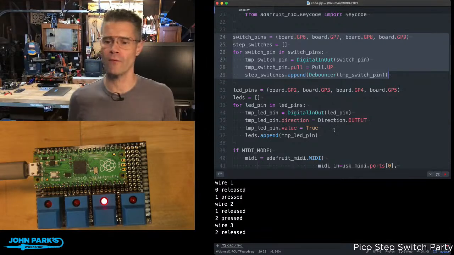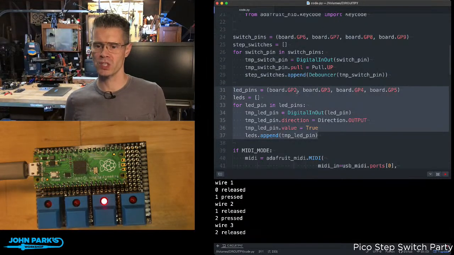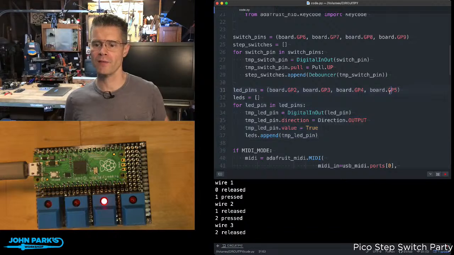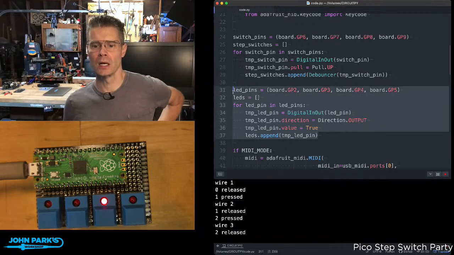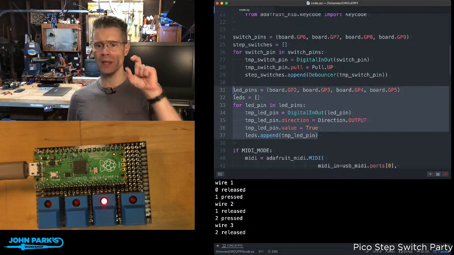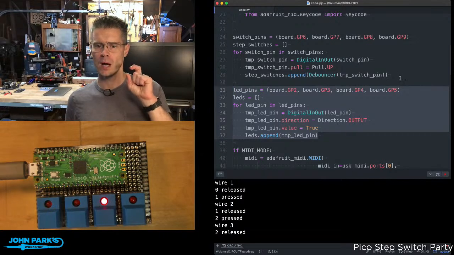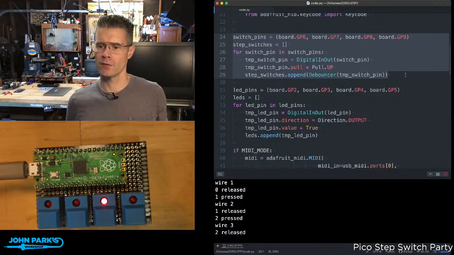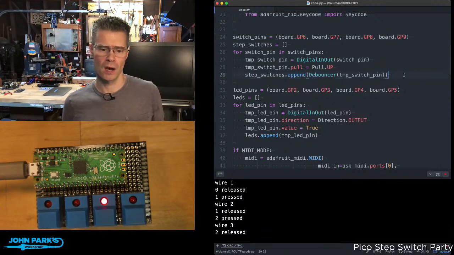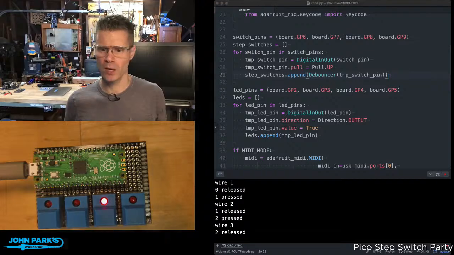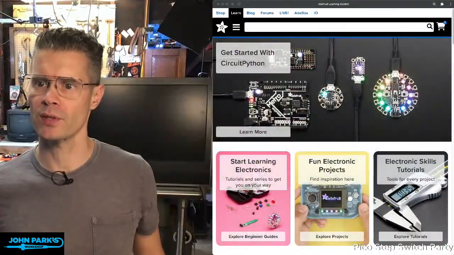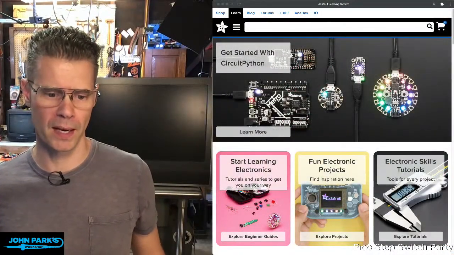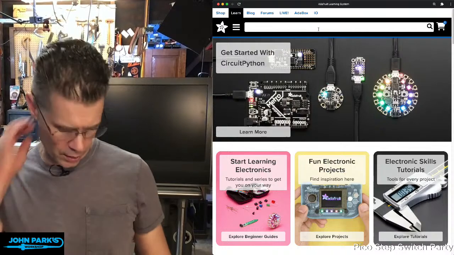So same thing for LED pins. I've set up those as GPIO 2, 3, 4, and 5. This is a nice little chunk of code that I usually grab from, I think it's the debouncer setup section of the ToddBot tips and tricks, which I don't have a window up for right now. He could probably put that in the chat. But if you look over in my Learn guide,